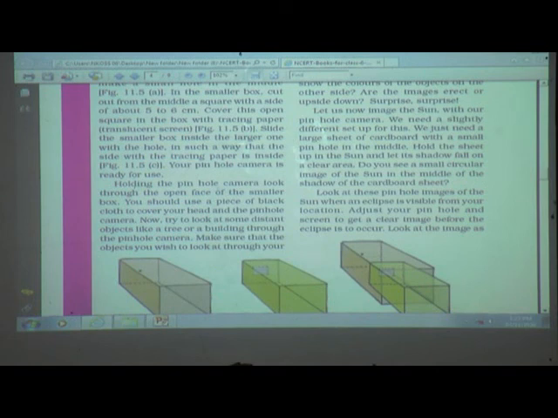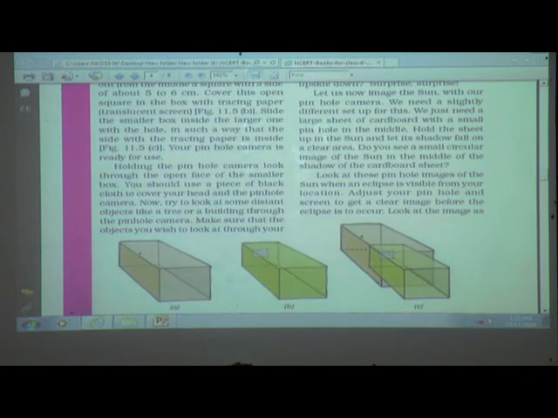We just need a large sheet of cardboard with a small pinhole in the middle. Okay. In the middle you need the cardboard, large sheet of cardboard and hole also. Hold the sheet up in the sun and let its shadow fall on a clear area. Do you see a smaller circular image of the sun in the middle of the shadow?